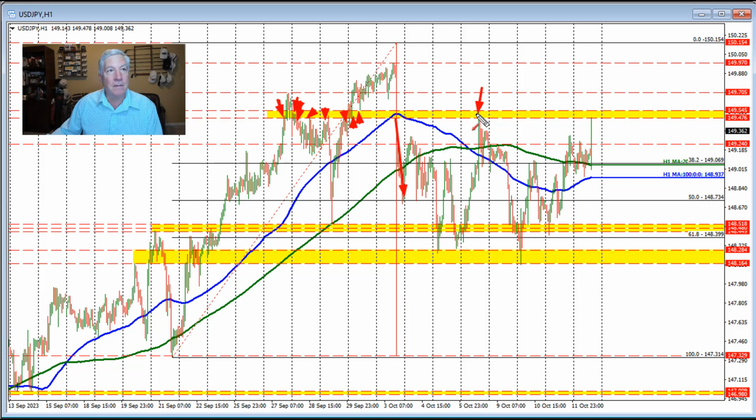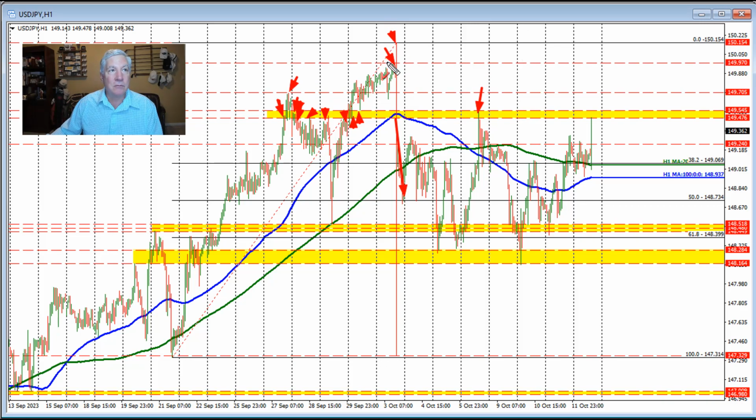We returned to the level in trading last Friday, and that is where the price high is headed toward after the CPI data, 149.47, 149.54. If we get above that level, then we look toward this high going back to, I guess that's September 27th at 149.70, and start to then look toward the swing highs that took the price all the way up to